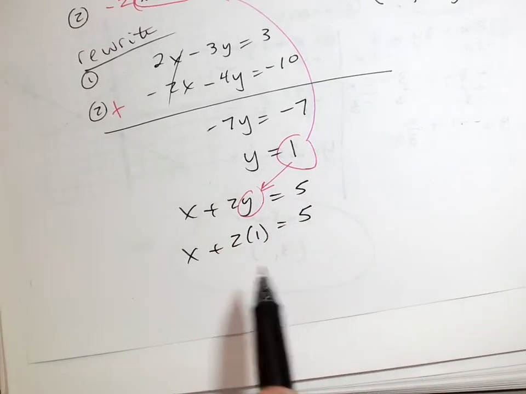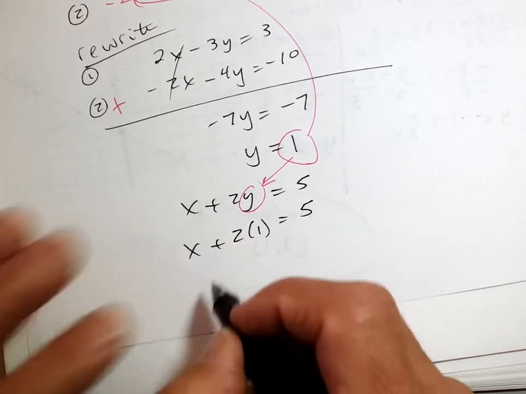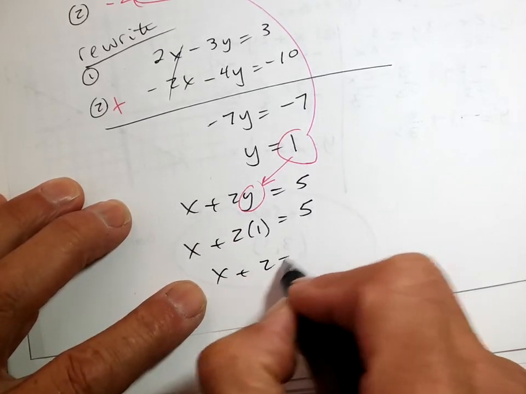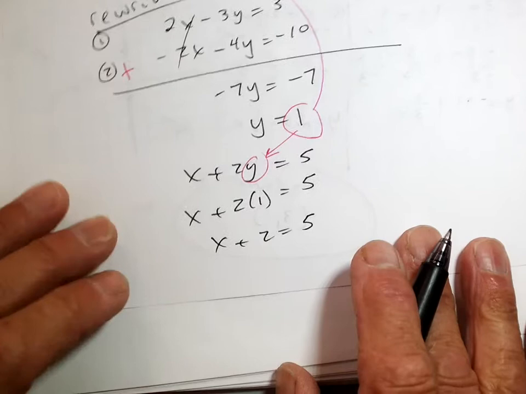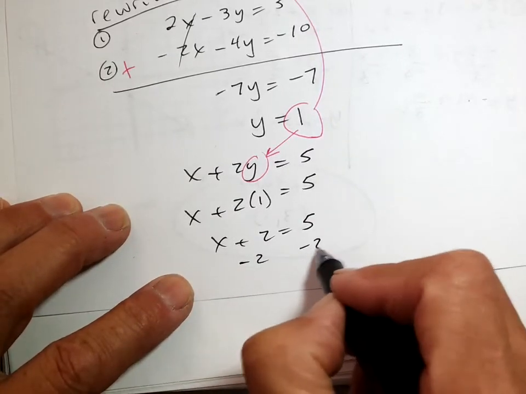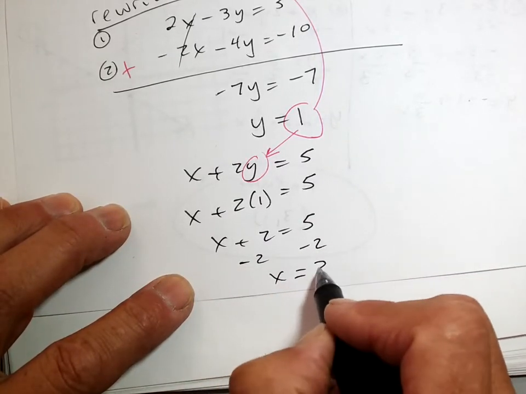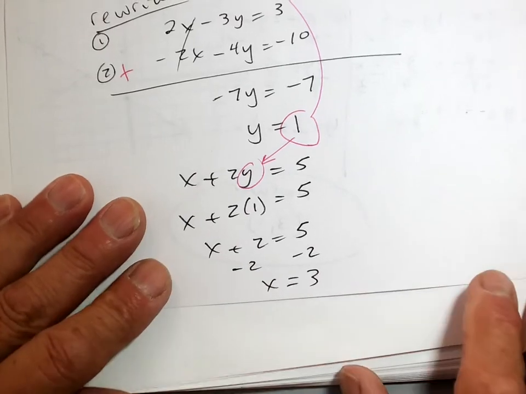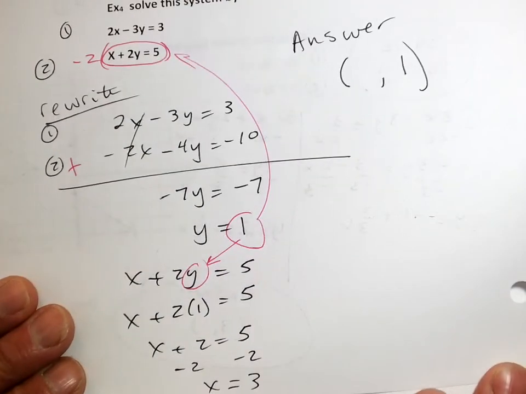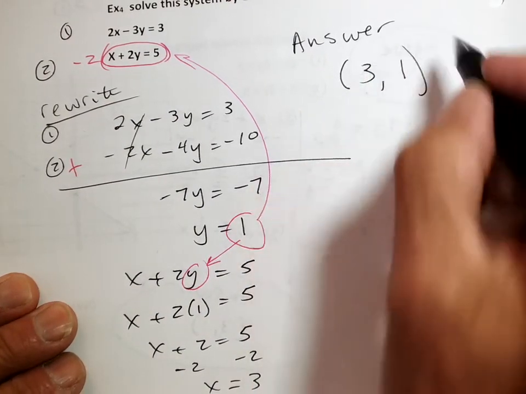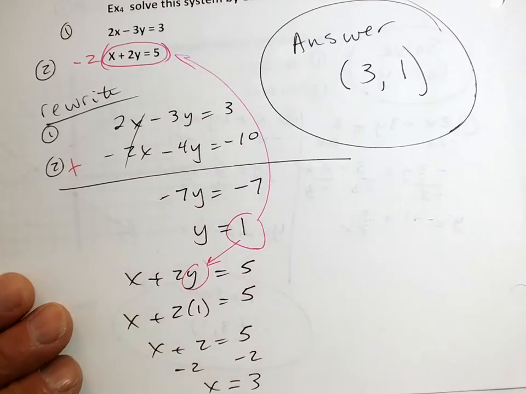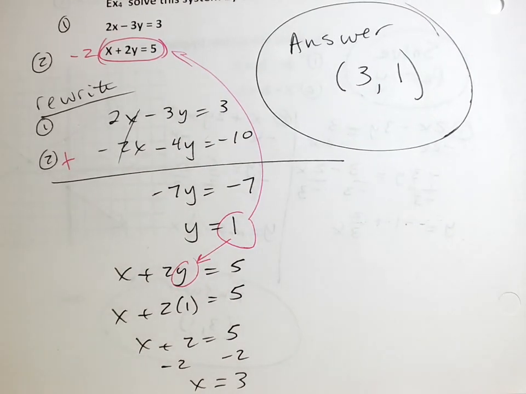So instead of writing y, I wrote the value of 1. x plus 2 equals 5, right? Minus 2, x equals 3. So my answer, which is a point, is (3, 1). How's that? Okay, and again,